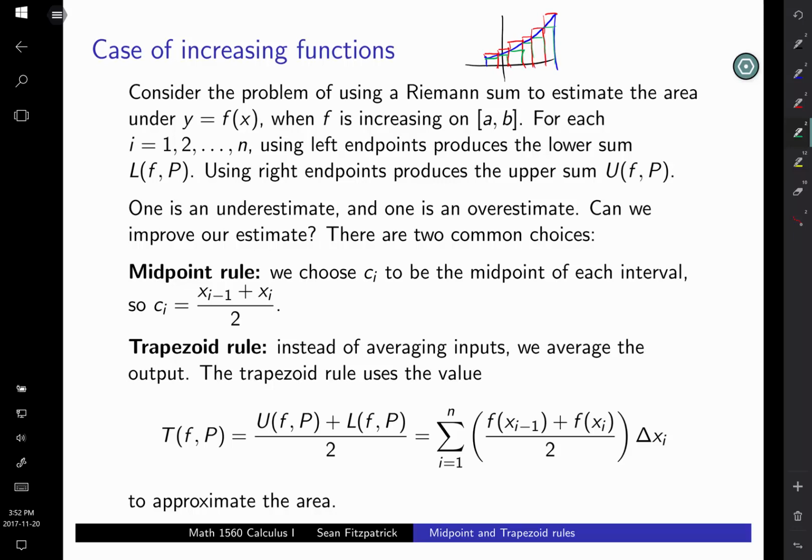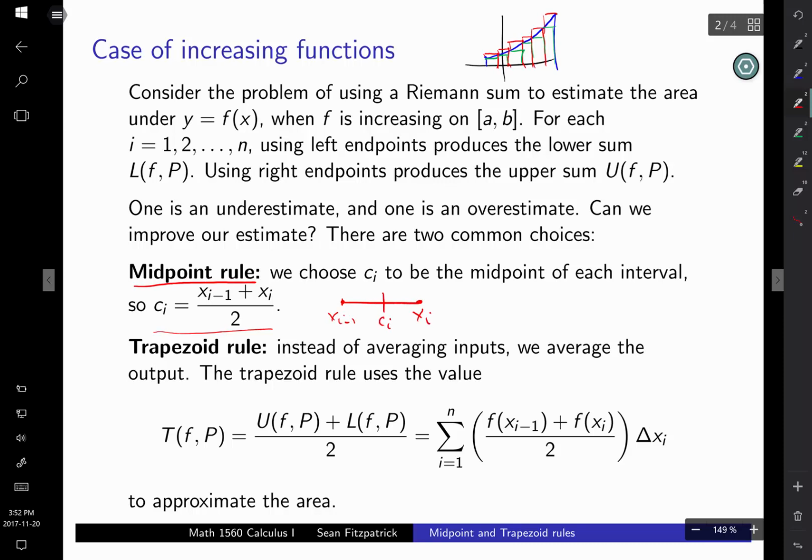So that's the midpoint rule. The midpoint rule says just choose the center of each interval. If you take the two endpoints and you average them, you land right in between. So this is a case where your interval x_{i-1} is here, x_i is there, and you choose c_i